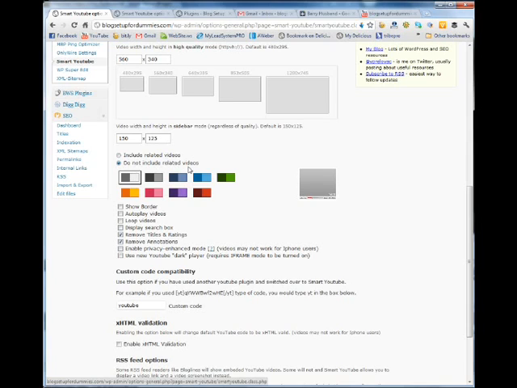I want to keep them on my blog. So I turn off the related videos and it keeps them on my blog. It doesn't give them the choice to go somewhere else. Okay, so that's a really important feature, and this is the main reason that I use a plugin to manage